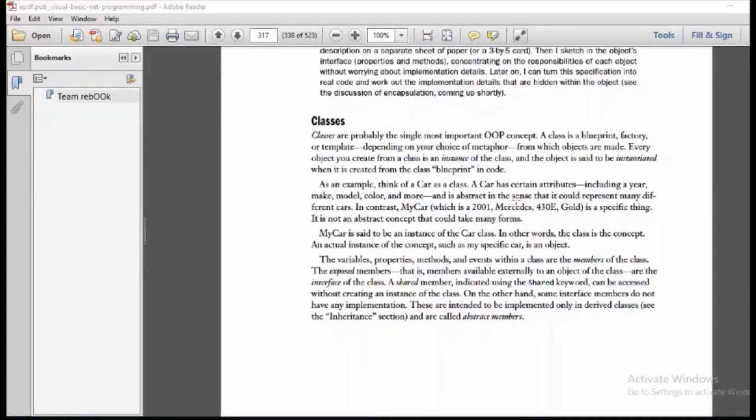Basically, it's now an instance of a class. If I say black car, Honda 2016, it's another instance of the class car. When I say black Honda 2019, it's another instance of the class car. A class can have methods, variables, objects, and events, and all these are the members of the class.